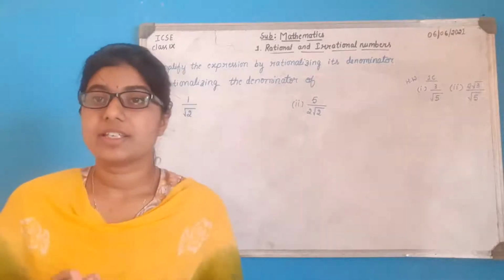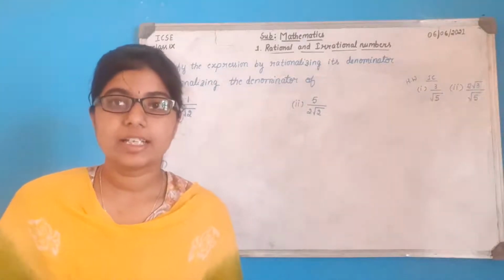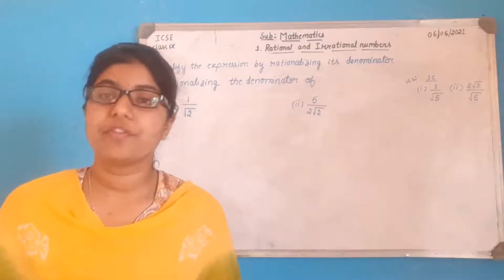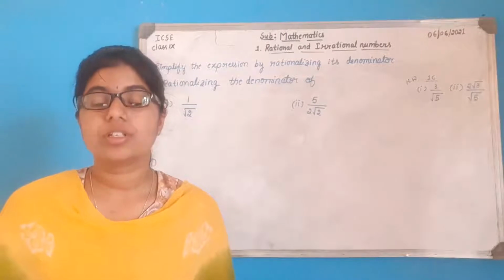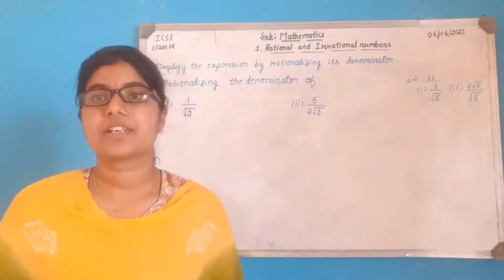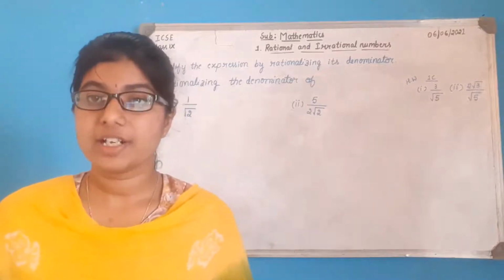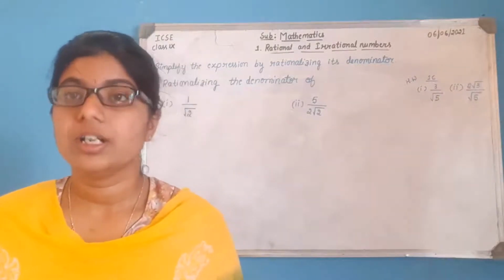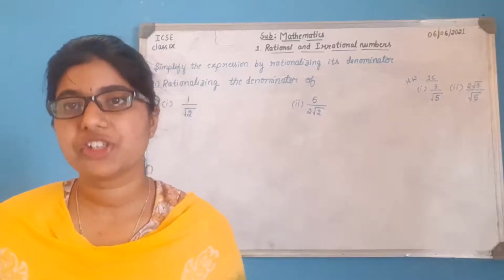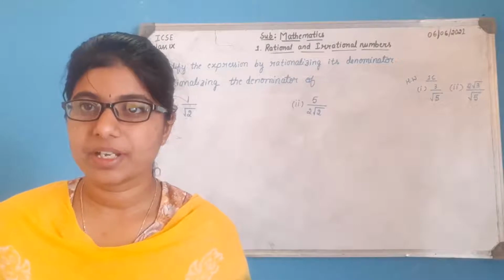In the previous session, we discussed the concept of real numbers and how to identify a given number as a surd. We also discussed the rationalization concept, how to identify the rationalizing factor of each other, and how to find the least rationalizing factor. All those concepts we discussed in the previous session.